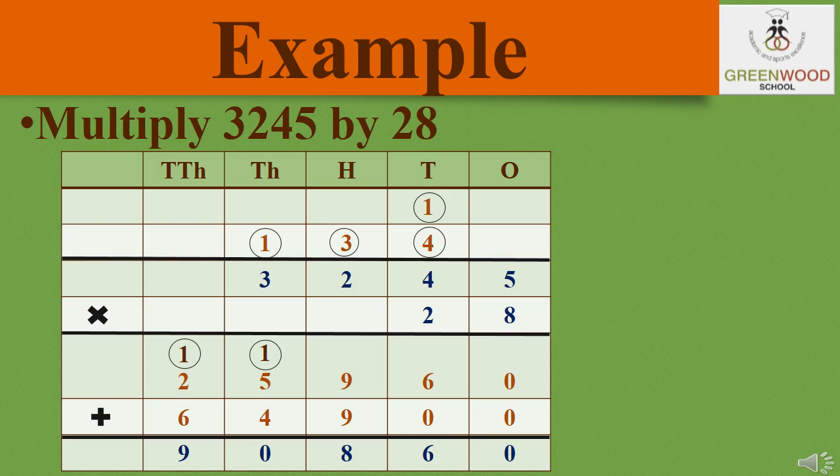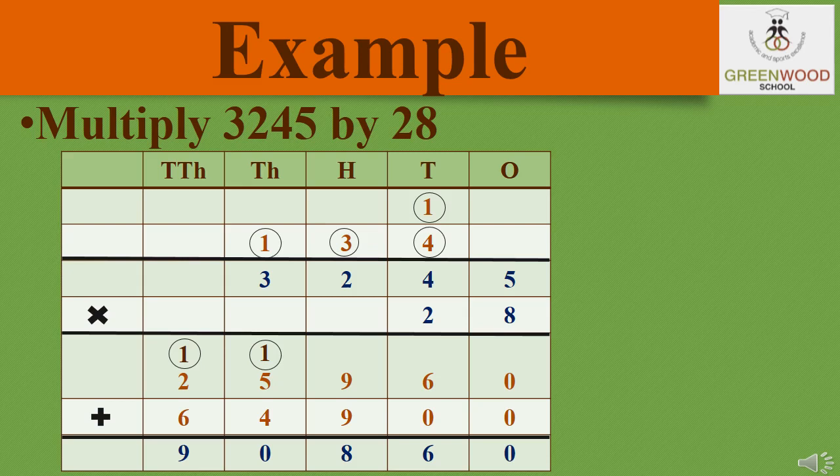Before going, we'll add a 0 in the ones place because that is empty. Now we have to multiply all the numbers by 2. So now 2 5s are 10. So 10 is a 2-digit number, so 0 will write down while the 1 will go on the head of tens place. Now 2 4s are 8 and 8 plus 1 is 9. Now 2 2s are 4 and 2 3s are 6.